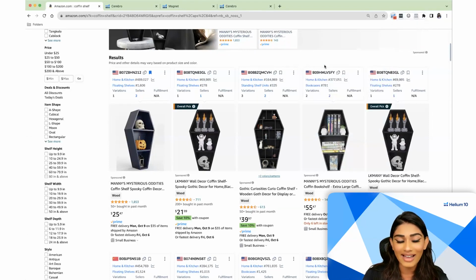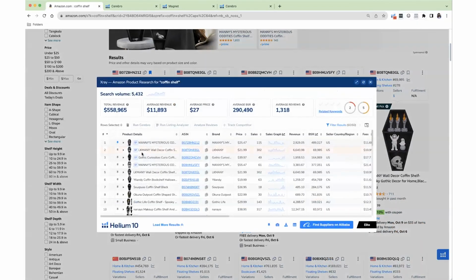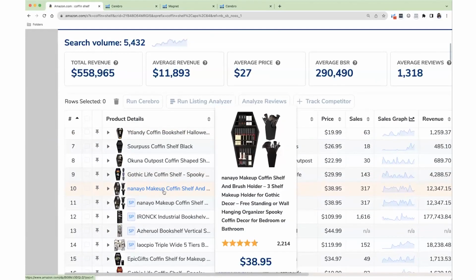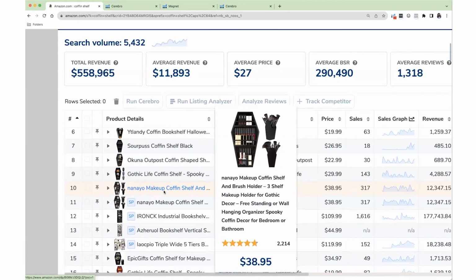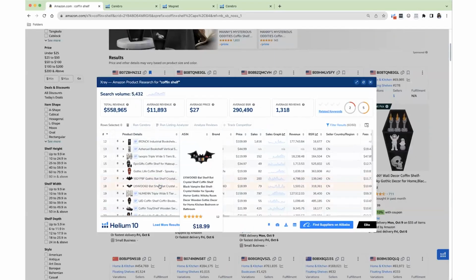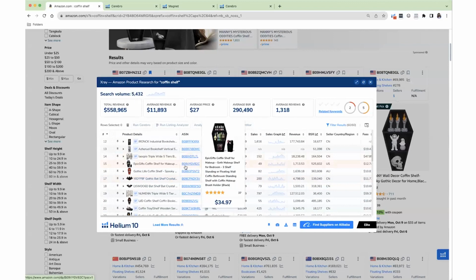But if I go into X-Ray inside of this, you'll even end up seeing that right away, we're seeing some additional items. So this is not a full-blown bookshelf. This is a makeup theme shelf. You also have your bat-shaped shelves. Now, these things, absolutely, you can go in and end up finding inside of X-Ray.